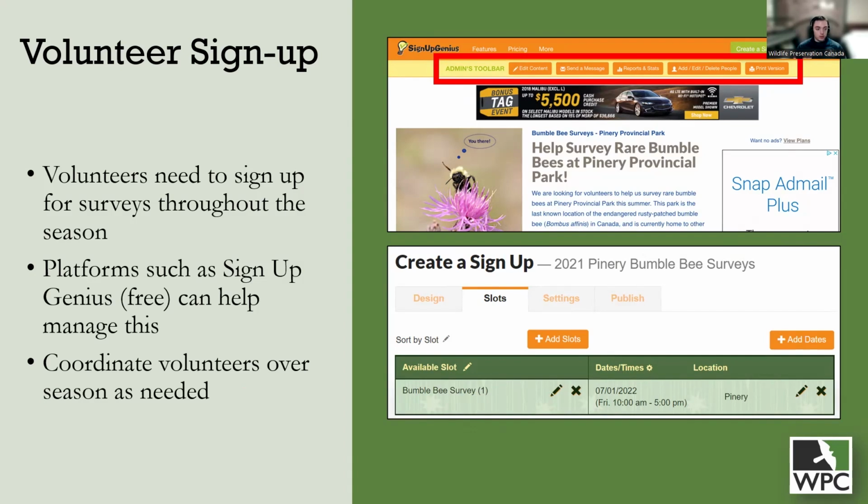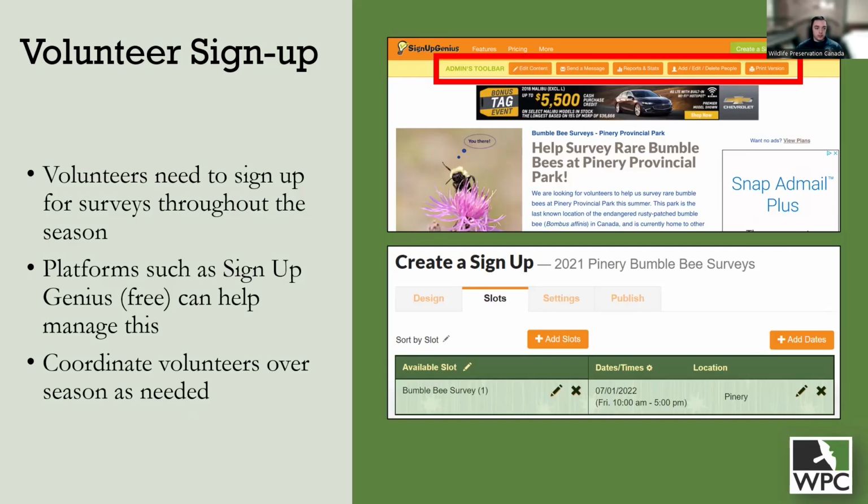And when we're running a program, this is when the program itself starts to become a little bit more self-sufficient. So volunteers are signing up at their own leisure when they're able to. And as coordinators of these volunteers, you would just need to make sure that there aren't an overabundance of survey teams going out on any given day. So making sure that the equipment that is available is not fewer than the people that are going out and surveying, and ensuring that